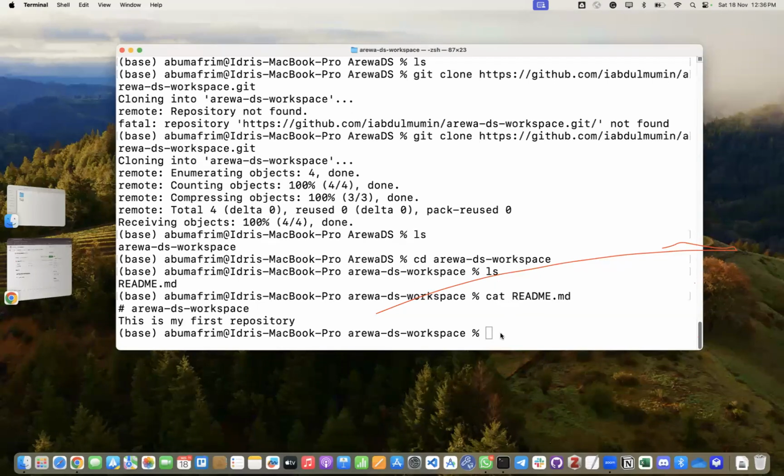How do we delete a folder? We can use rm -r. RM dash what? R. Yeah, so remove recursive, if the folder is not empty. We know our folder is not empty because there is a README. If the folder is empty,